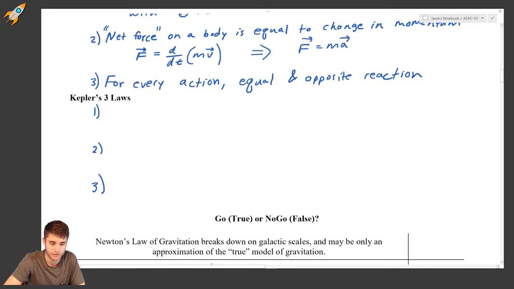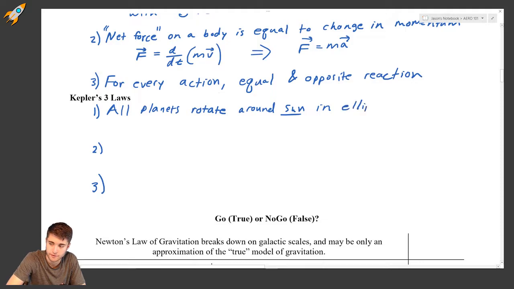But anyway, Kepler's 3 laws are as follows. The first law is all planets, and again, he did this all without calculus. It's crazy, okay? Yep, you knew it, Tender. It was Newton. All planets rotate around the sun in ellipses. And the sun is at the focal point. Okay. The second of Kepler's 3 laws is equal